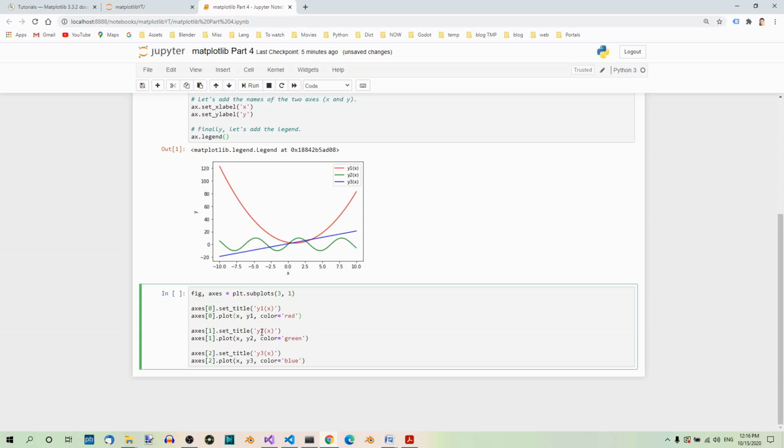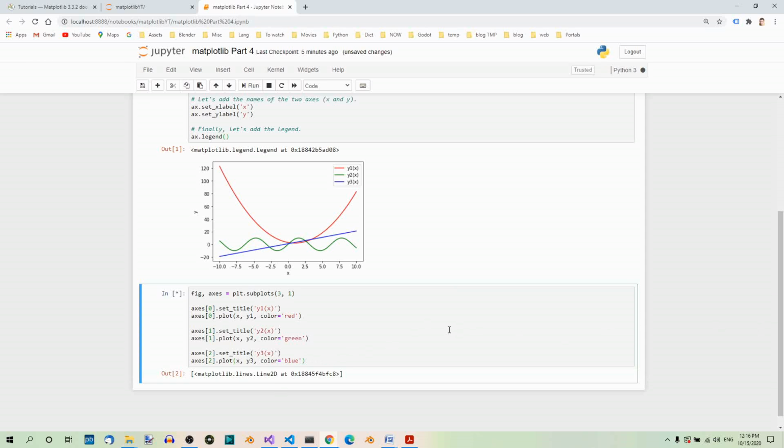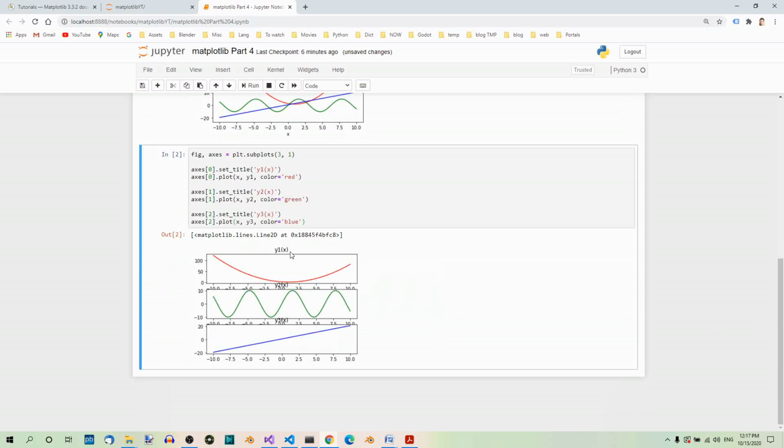Then we plot the y2 function in the second axis, so with index 1. Here's the title, and now it's going to be green. Function 3 goes in the last, third axis, so index 2. The title will be y3 of x, the color will be blue, and the function plotted will be naturally function 3. And now, Control Enter, and now we have this: 3 axes, each function plotted in its